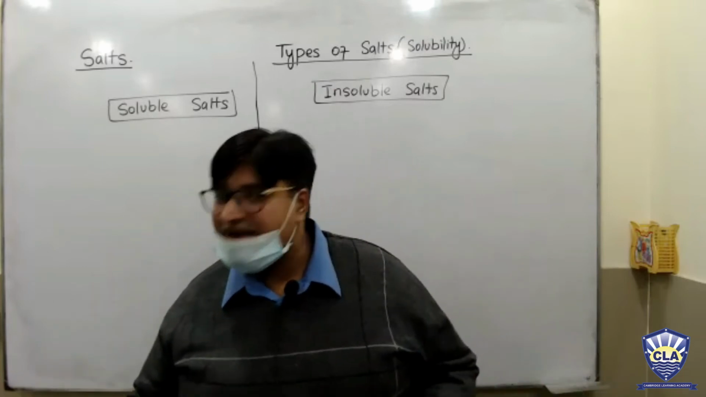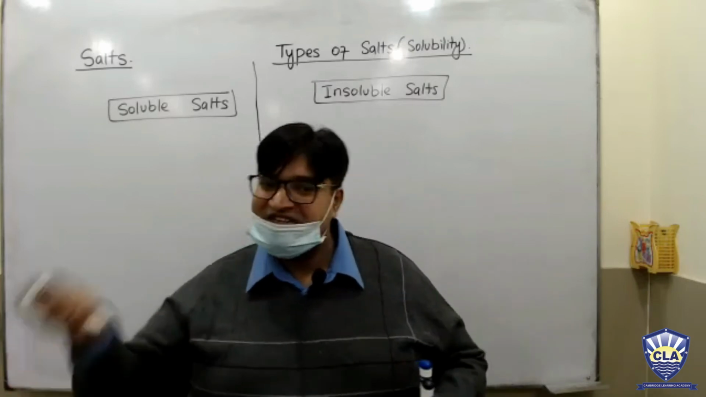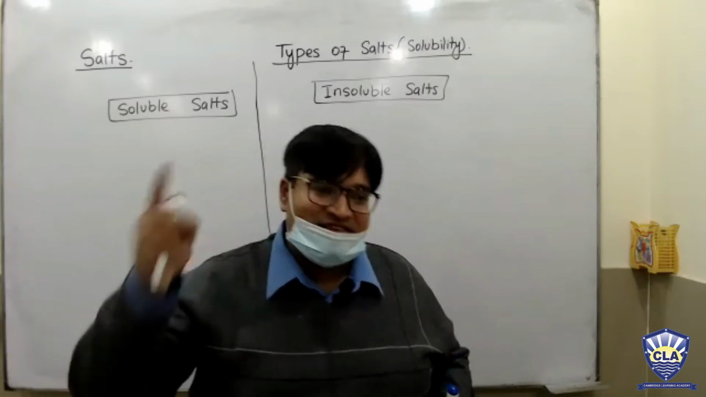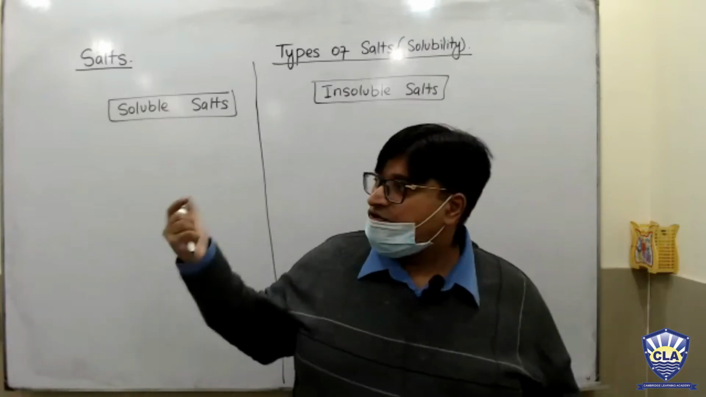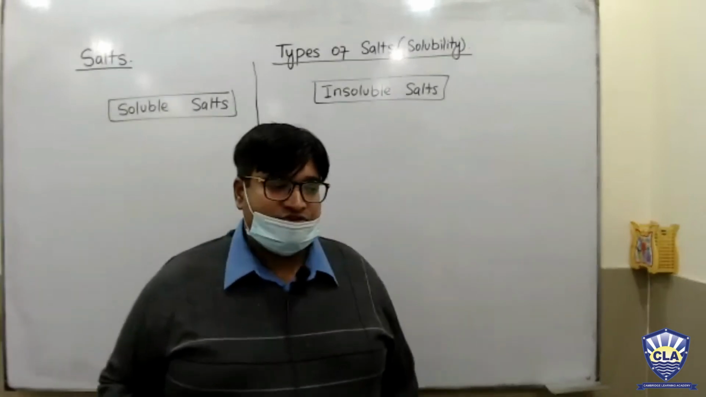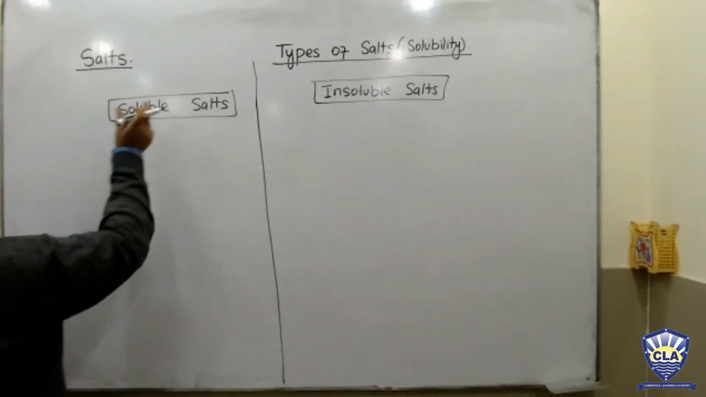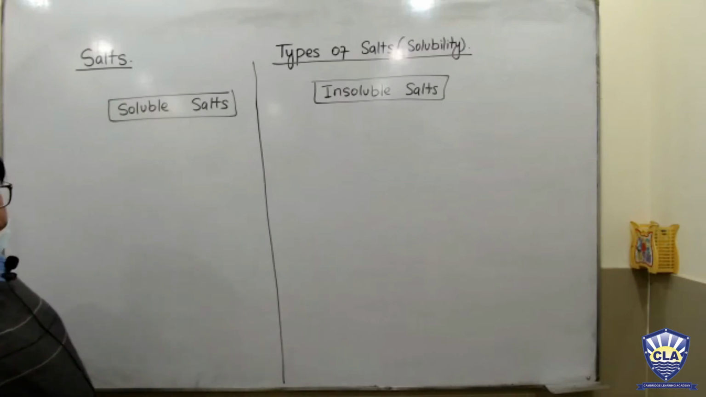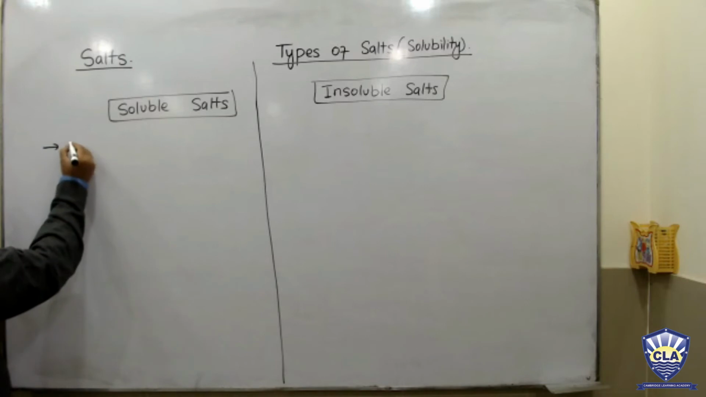As a science student, if you just listen to the name of any salt, by listening to the name of the salt you can tell that this salt is soluble and this salt is insoluble. So there is a key you should remember, and what is that key? There are two types of salts, soluble salts and insoluble salts. Keep in mind the first thing, all